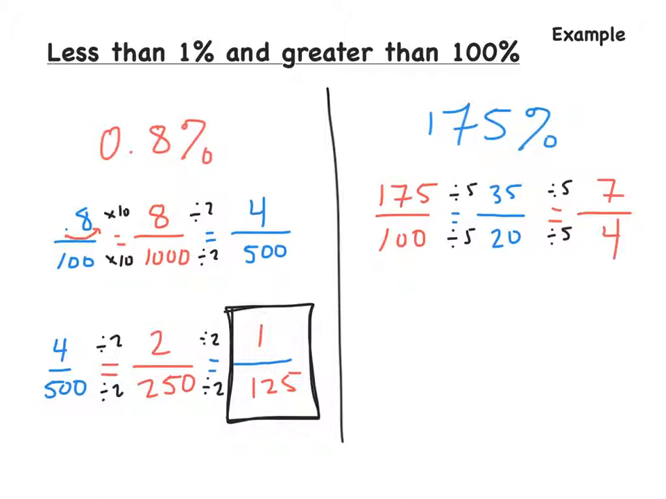So 7 over 4, there are not any common factors where we could simplify it. This is as far down as we could simplify it. So 175% is equal to 7 over 4. Remember, it has to be more than 1 because it's more than 100%. 4 divided by 4 would be 100%, but since it is greater than 100%, the numerator has to be larger